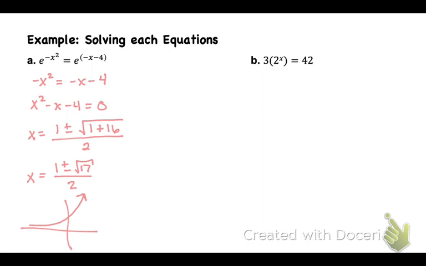Okay. So what if I had natural log up here? If I had natural log in my equation, would I be good? No, because natural log is greater than 0. So which one of these would not be good? Plus or minus? Because it's plus the square root of 17 and minus the square root of 17, right? So which one would be bad? Minus. So you would have to identify that only 1 plus the square root of 17 over 2 would